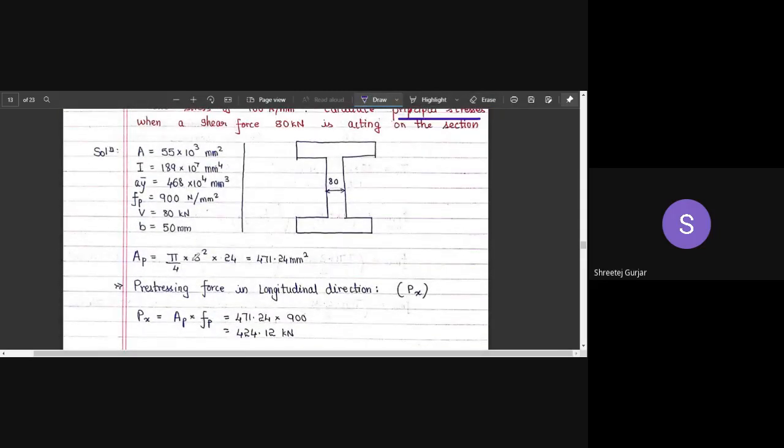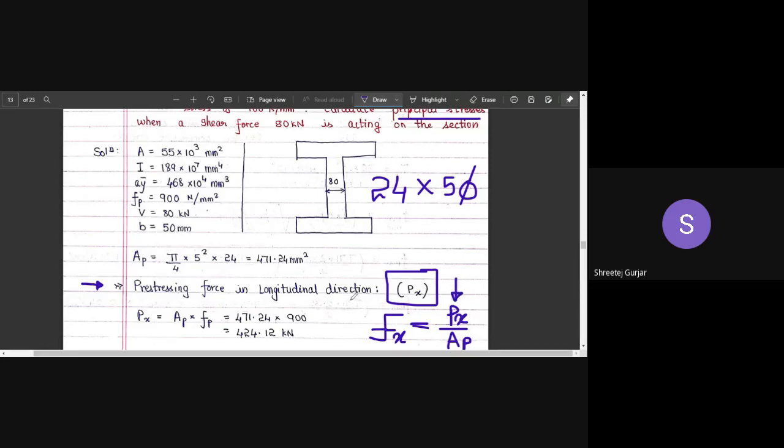Now for the longitudinal direction stress, that is Fx. We require the Fx stress in the longitudinal direction. This is what Fx is equal to: P by A. Because it is in the X direction, we name it as X. And then this is your normal area, which is the 24 wires of 5 mm dia each. So we know the area of steel, and we have to calculate this Px, which is not given to us.